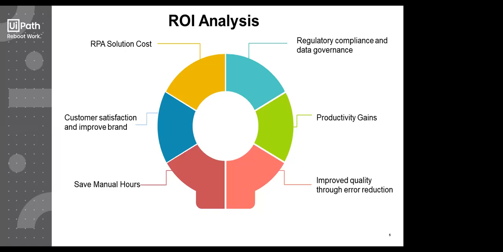So if I talk about RPA solution cost, as we discussed earlier, it's the tool cost you've been putting in, like the licenses and all, and the annual maintenance cost you put into that solution which is being deployed. Then the customer satisfaction and improved brand. How satisfied your customer is when the bot is in production, that yeah, they're really satisfied that now they're getting no errors and they're saving a lot, because earlier, humans are more prone to errors than a machine or a software robot doing it.